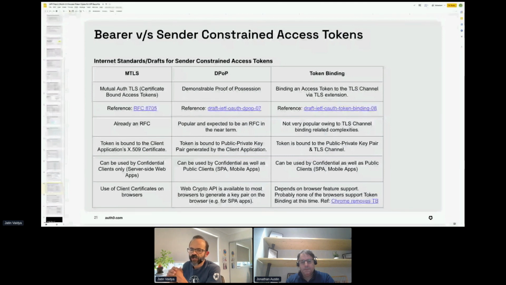I've seen that pattern being used a lot, and it makes the life of the API backend much simpler. The API backend need not be worried about the access token format and so on. It can just rely on the information coming from a trusted source, in this case the API gateway, and just consume the HTTP headers, and that's it.